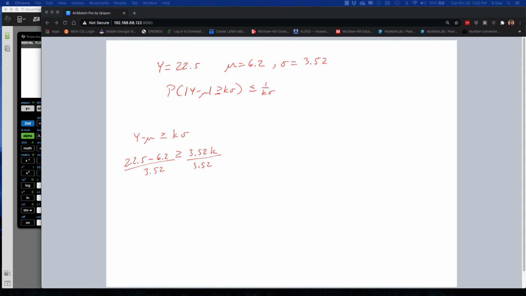And when we do that, we get that k is roughly about 4.63, so we're just going to assume k equals 4.63. That's the biggest value it can be. k is always going to be less than or equal to this value in this case, but we're going to assume the greatest value, so k equals 4.63. So going back up here, the probability that some y value minus 6.2